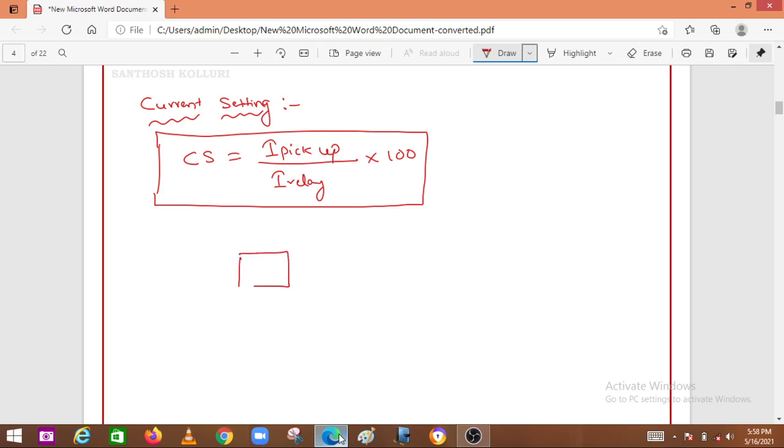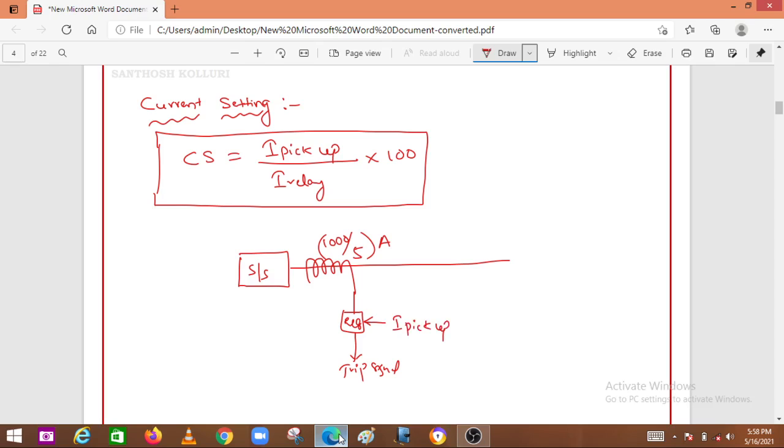So let us take this steady state network of the power system, and the transmission line is given like this. This is a CT, and this is the rating of the CT, 1000 by 5 amperes. As you know, the value of the secondary will generally be 5, and this is given to the relay. This is given for the trip signal, and a pickup current is defined here to operate the relay. And this is the current flowing through the transmission line, I1.